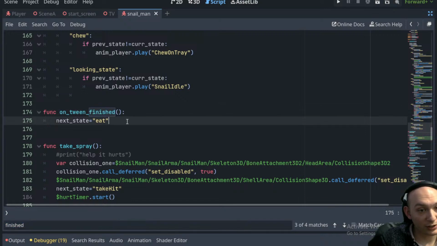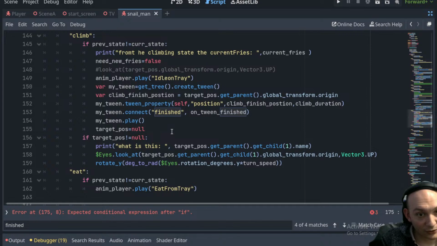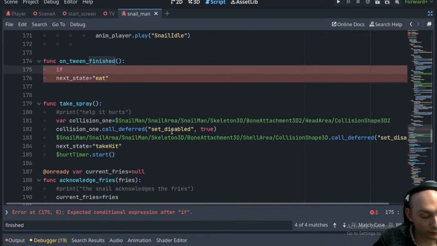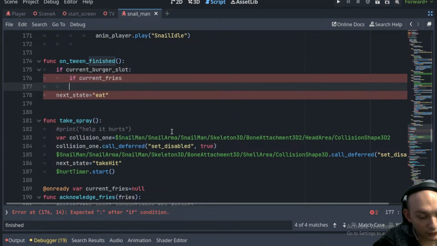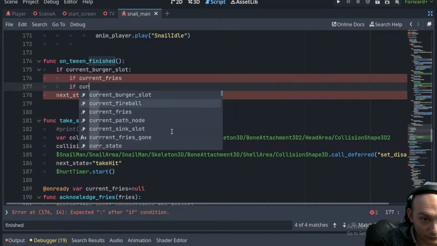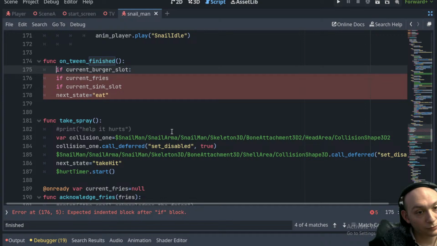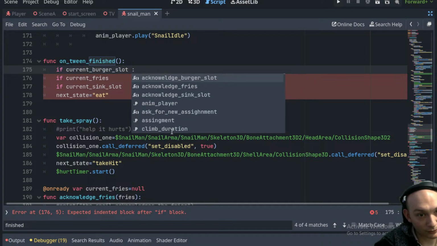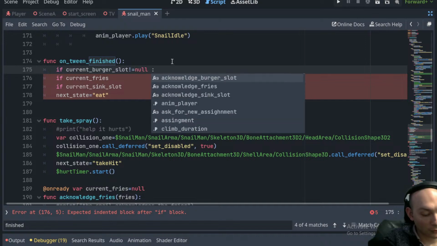On tween finish, next state is eat. Cool, but we'll say if they don't have, what is it, a current fry, current burger slot, or what was the other one, current sink slot. So basically what we can do is check if burger slot or current fries is not equal to null, or